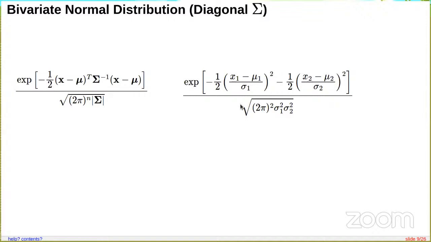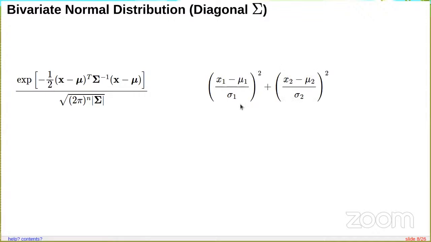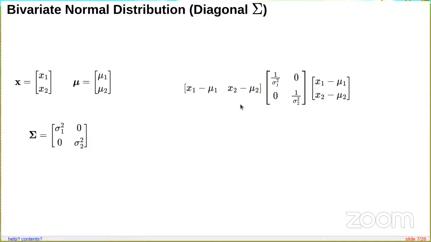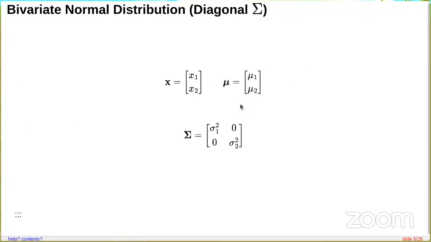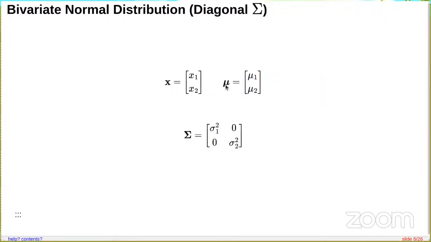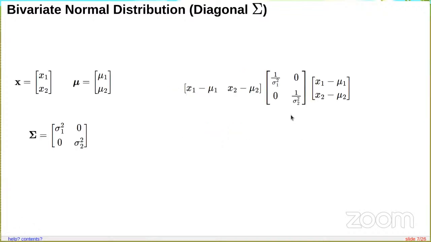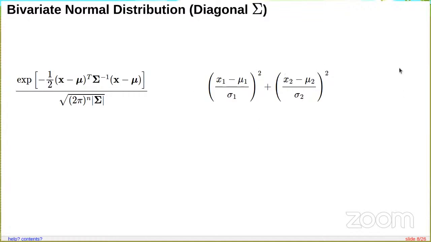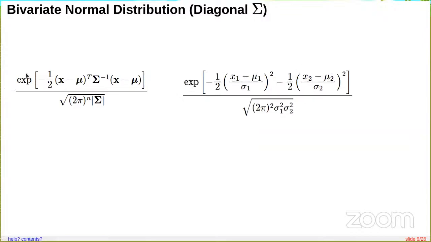Correct. Is your question from where we get that? It comes from here, right? This is the expression that we want to compute, and these are the vectors that we have, x and mu, and this is the matrix. So (x minus mu) transpose sigma inverse (x minus mu), this whole expression, is this part. I am just plugging this into this. And if you multiply by minus half and take e power this, you get the numerator.